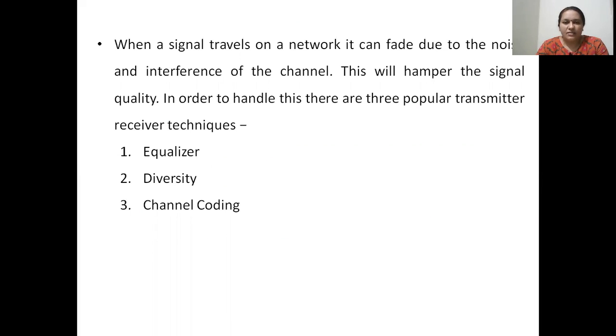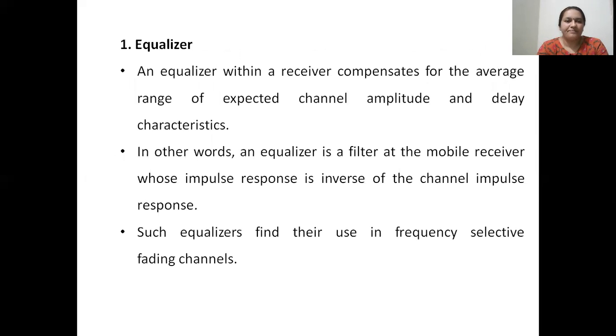In order to handle this problem, there are three popular transmitter receiver techniques which are used. The first one is equalizer, second is diversity, and third is channel coding. An equalizer is a component or technique which is used in the receiver. This equalizer compensates for the average range of expected channel amplitude and